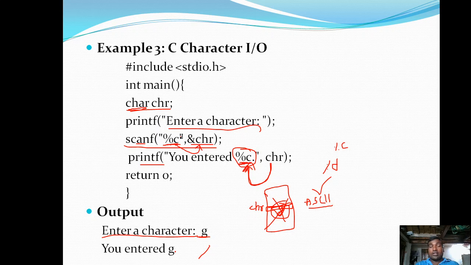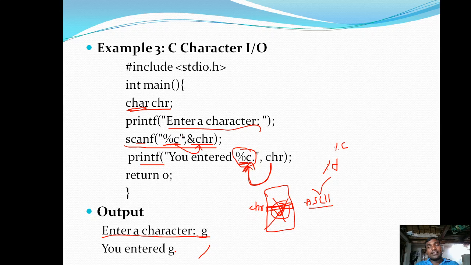So even though the user is entering a character, it is stored as a number, and that happens with the help of ASCII codes. The C compiler automatically stores the number instead of the character. Those numbers are called ASCII codes. If you want to print that particular number, you can use %d.